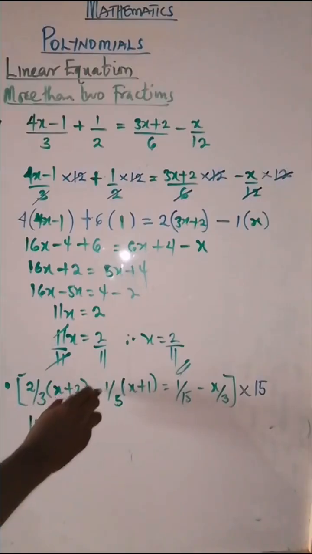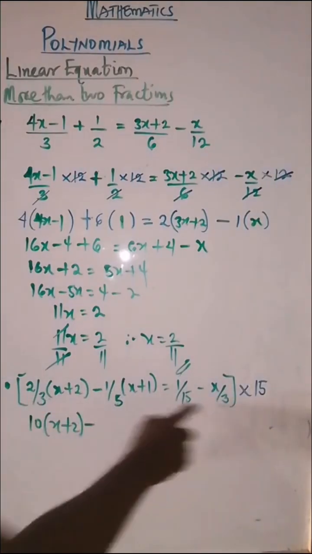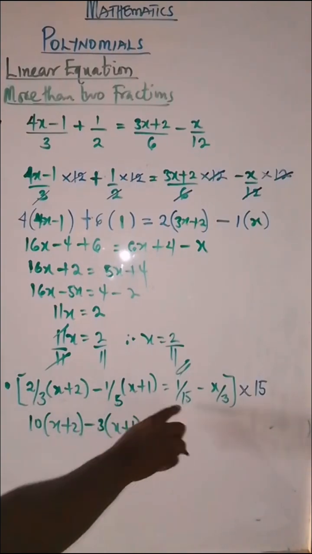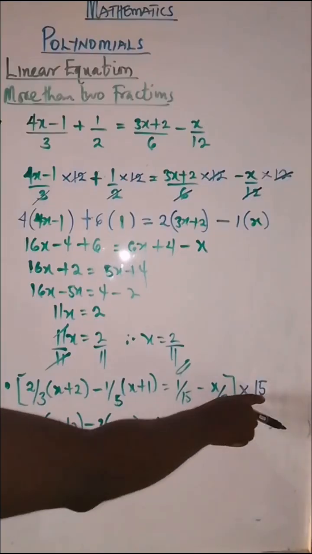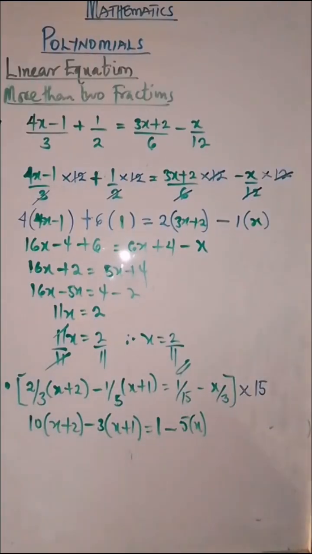We have minus here, put the minus here. Minus 5 here. 5 divides 15, that is 3. 3 times 1 here is 3 into x plus 1 equals to, what do you have here? 15. 15 in 15, 1. 1 times 1, 1. Minus 3 in 15 is 5. 5 times this x, we have 5 into x. Single step. So next is we can now expand 10x